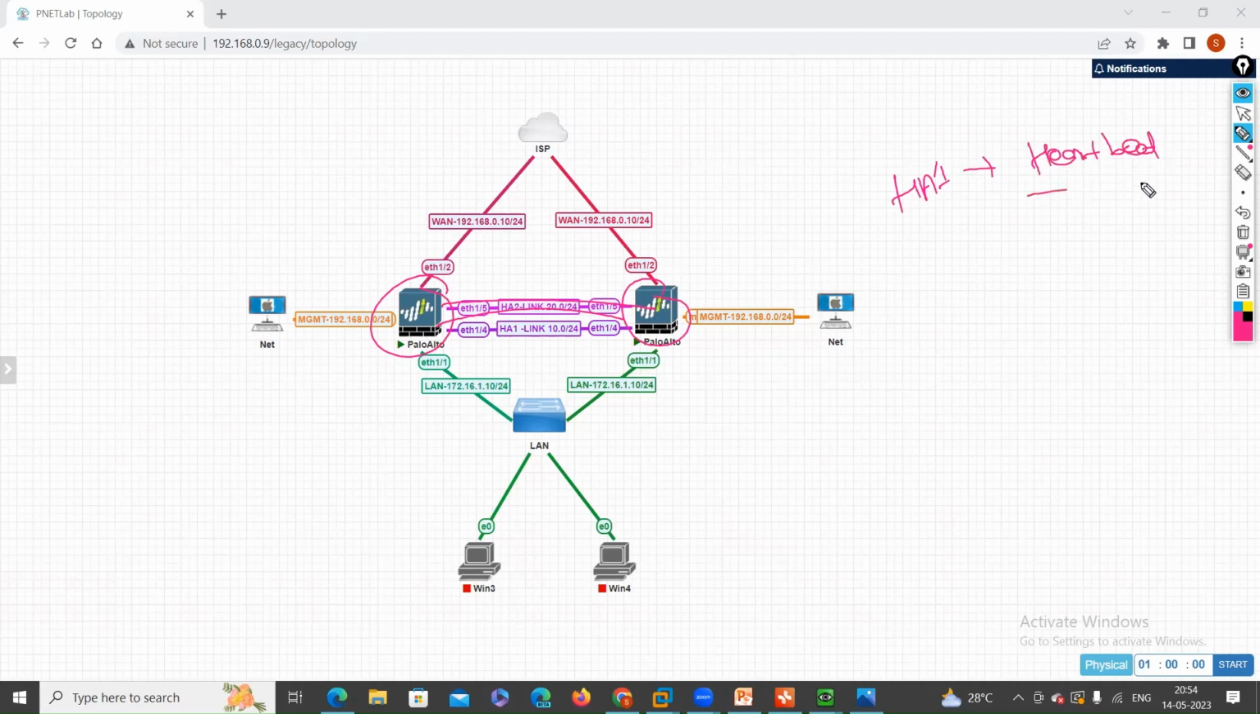Okay, this heartbeat packet is just an ICMP packet only. The active device will exchange the heartbeat information with the passive device, and the passive device will always be waiting for the heartbeat packet. In case your passive device does not get three consecutive heartbeat packets,